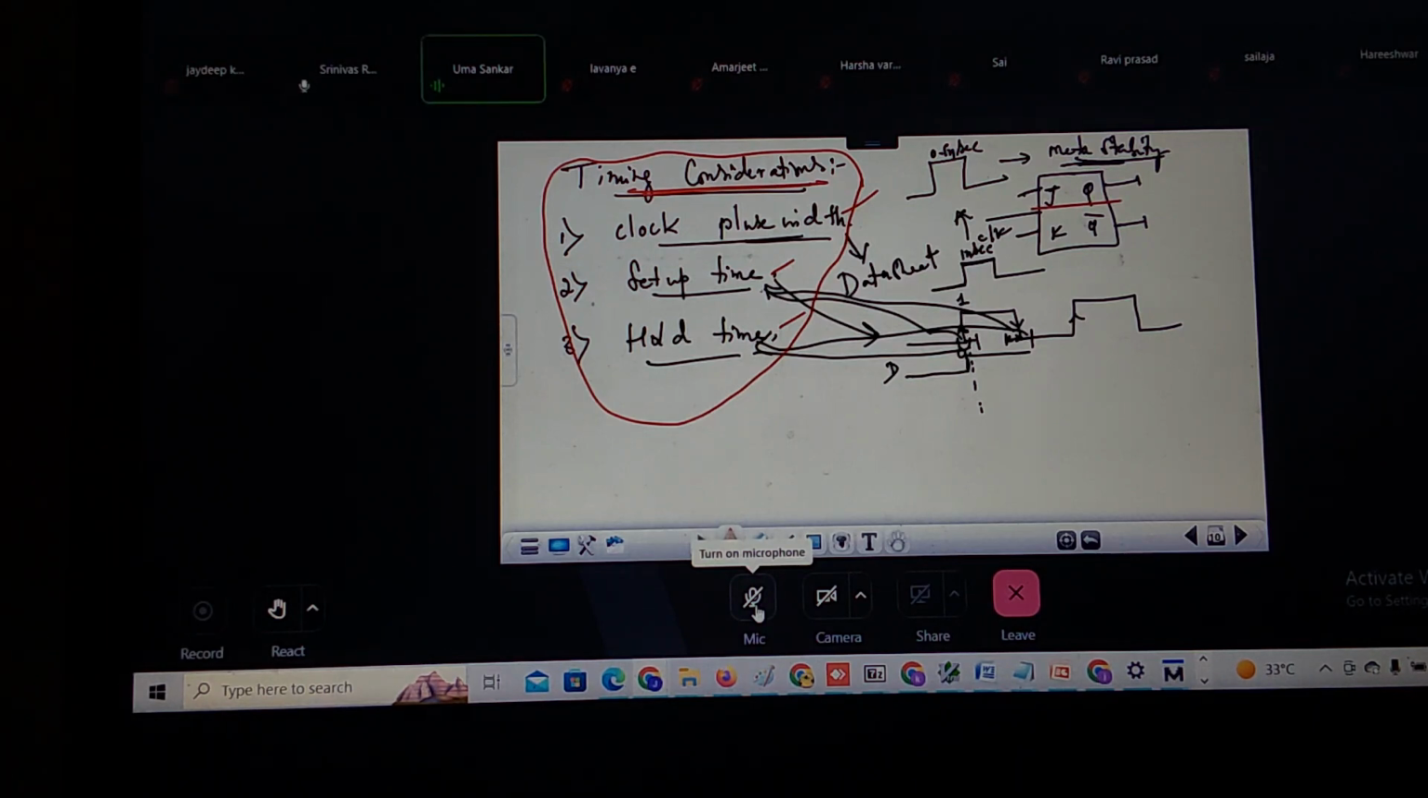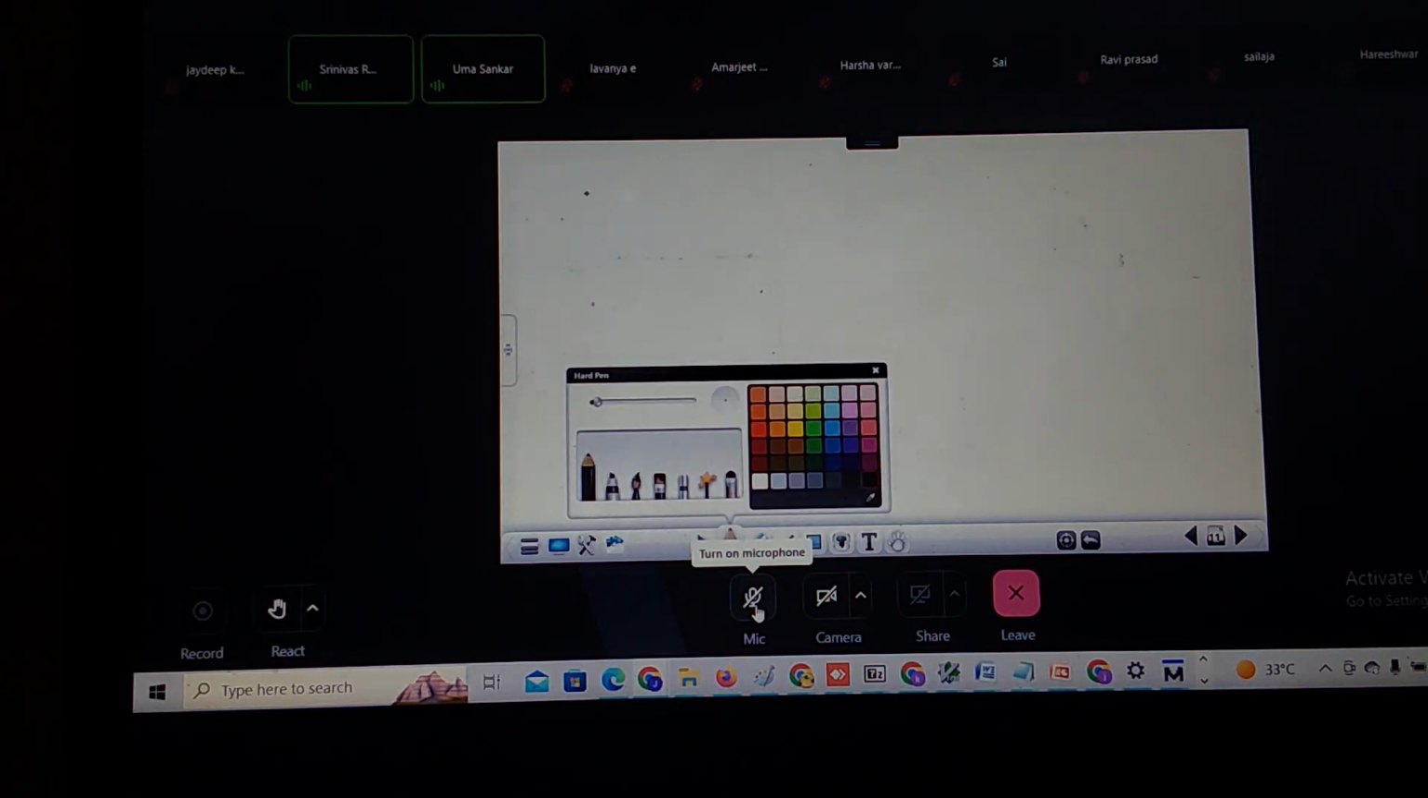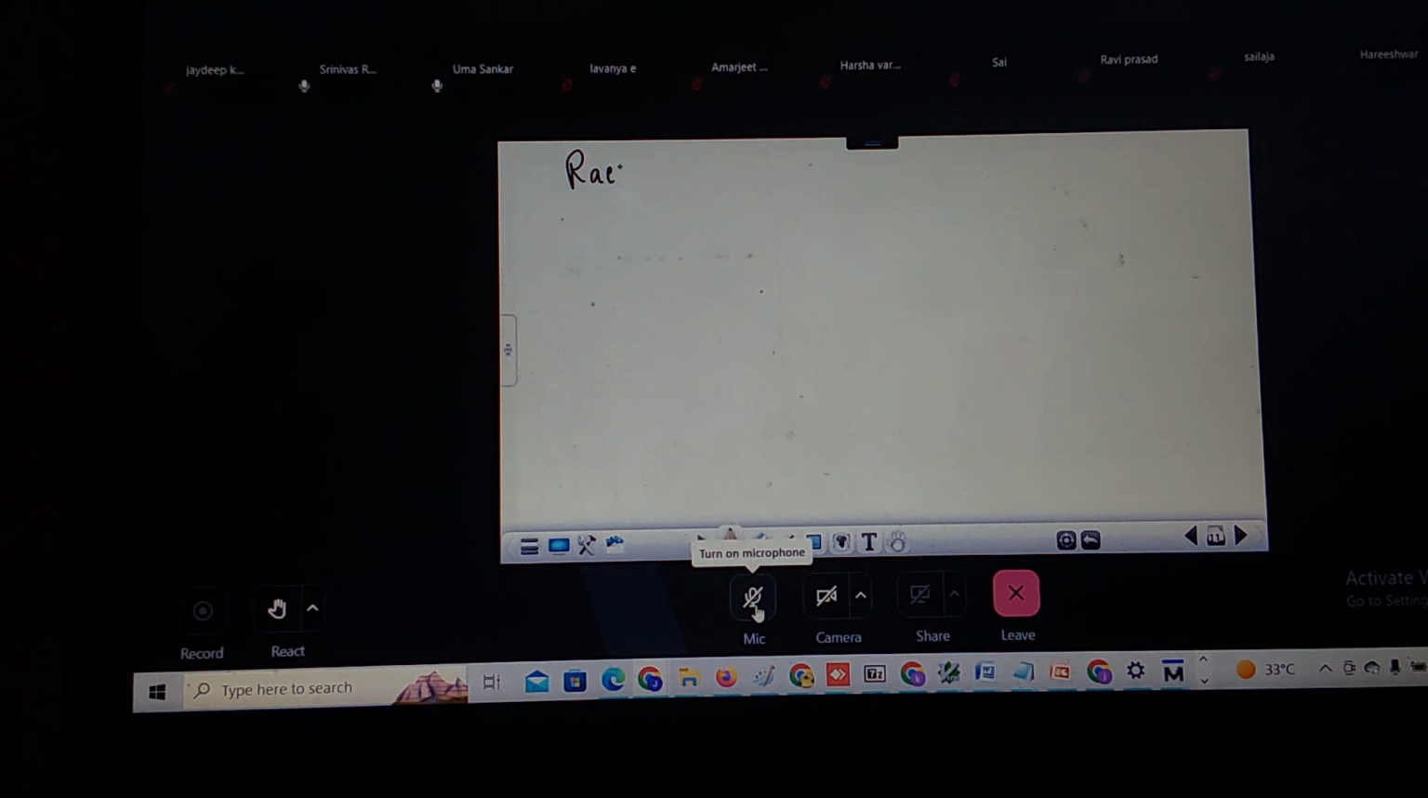Then you're talking about racing, right? Racing is different from metastability. Metastability means unpredictable behavior. Racing means